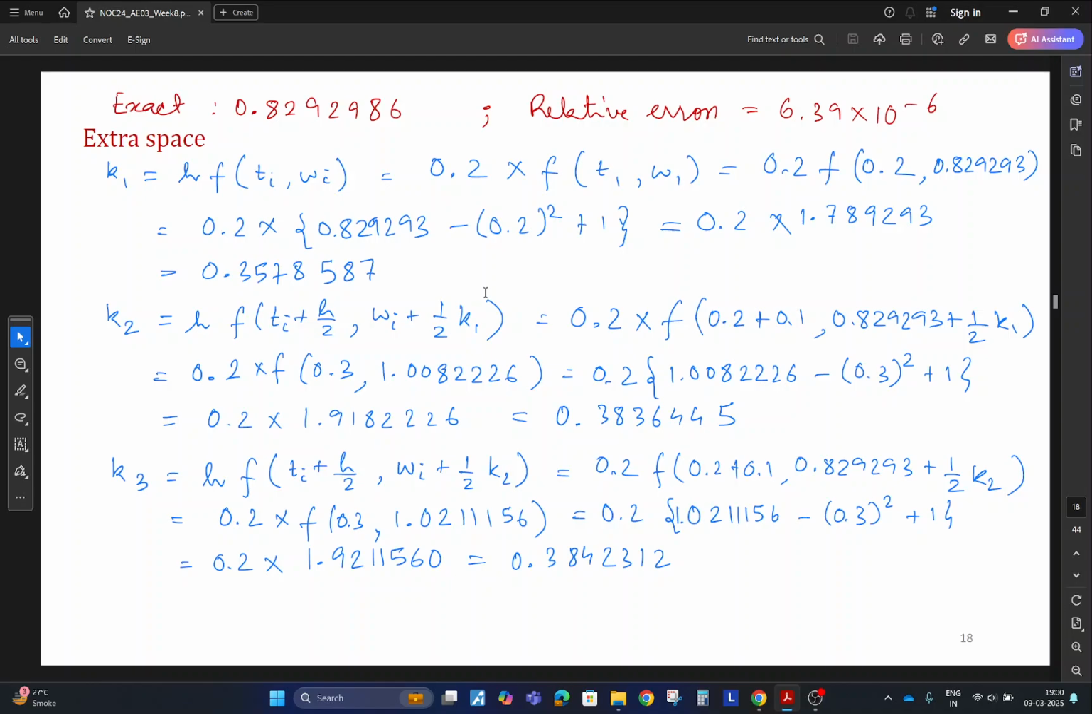Now calculate the quantity K2. It is equal to h times the value of the function evaluated at ti plus h by 2 and wi plus half k1, which is equal to 0.2 times the value of the function evaluated at 0.3 comma 1.00822226. This is equal to 0.2 times 1.0082226 minus 0.3 square plus 1, which equals